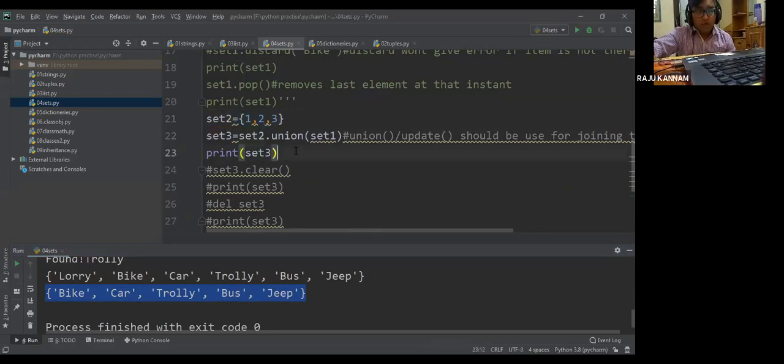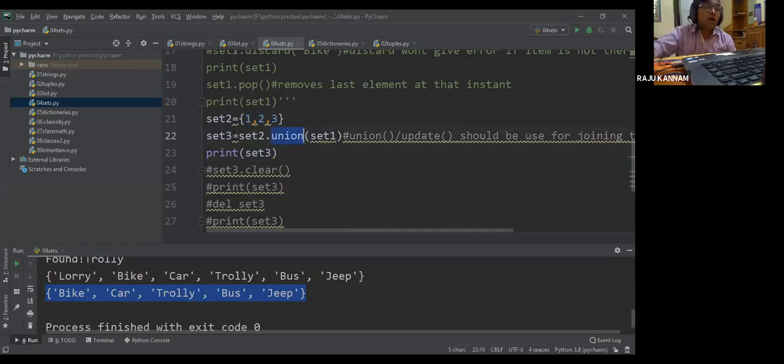Now if you want to join sets, in the case of tuple and list, we can join them by using concatenation, that is, by using the plus symbol. But here we cannot use the plus symbol. We have to use the union method.